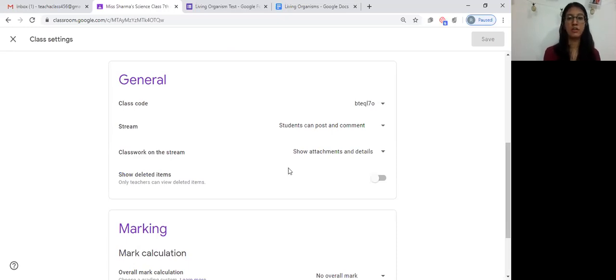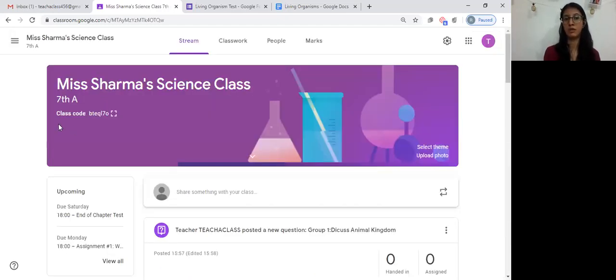So in your general tab, you will have an additional setting called Google Meet, and there'll be a link given to you. So that link is going to appear over here, and you can always go live with your students whenever you want. You simply have to click that option of going live, and there'll be a video call that will open, and your students will be able to join that video call immediately. So that's a feature that is missing in this free account.